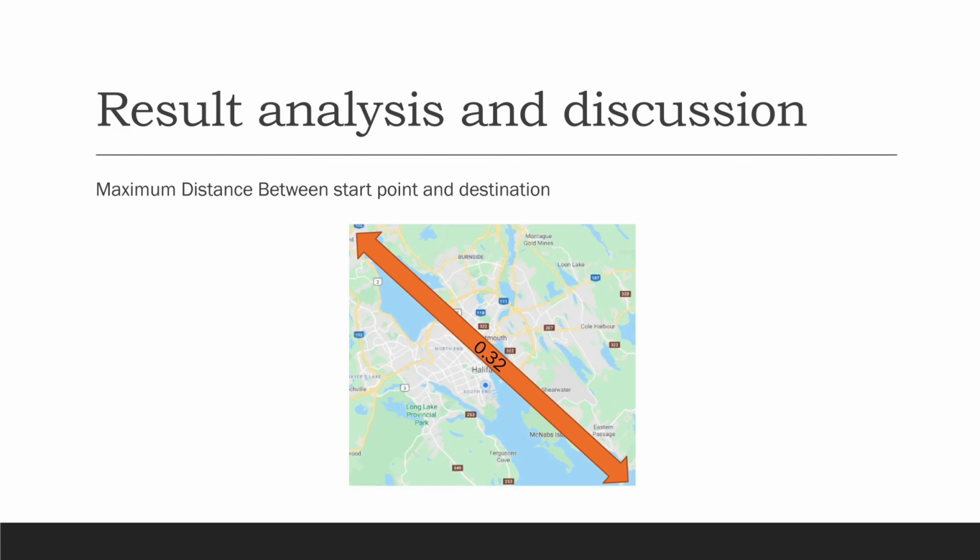In order to evaluate the strength of our model in finding the best path to the destination, we increase the distance between the origin and destination points. In this picture, you can see the maximum distance between a source and a destination point in the Halifax map is 0.32. To test our model, we increase this distance from